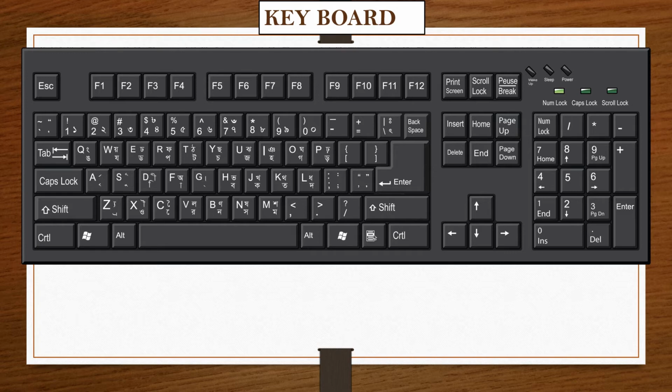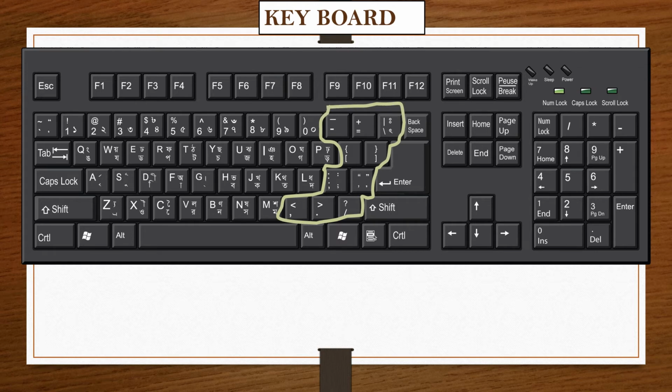Now we will see symbol keys. But before seeing them, I am reminding you, special keys include the backspace key, delete key, enter key, spacebar key, shift key and control key. Symbol keys are also included in the special keys.